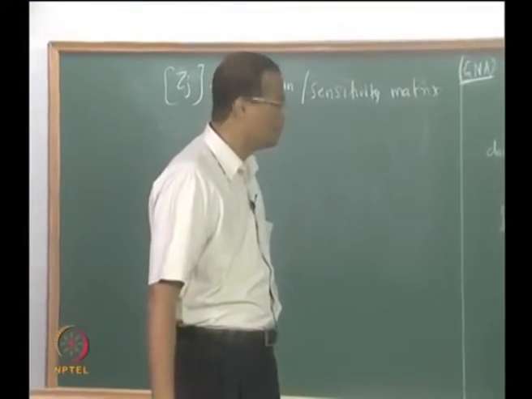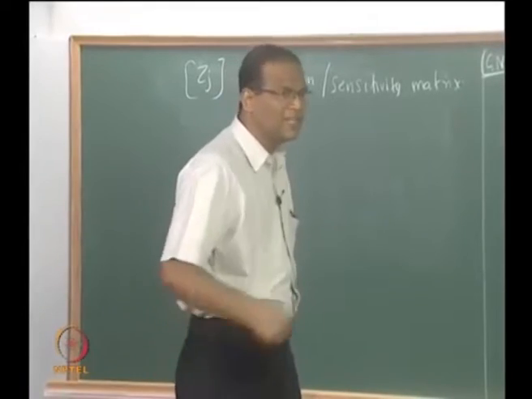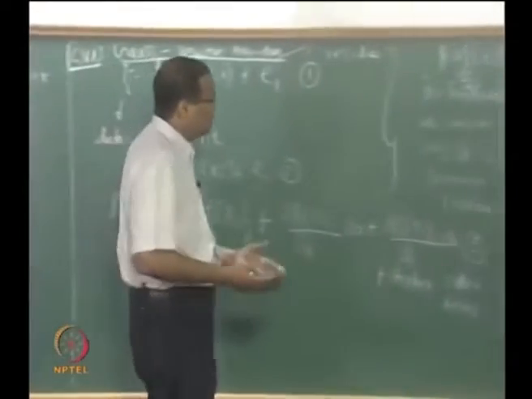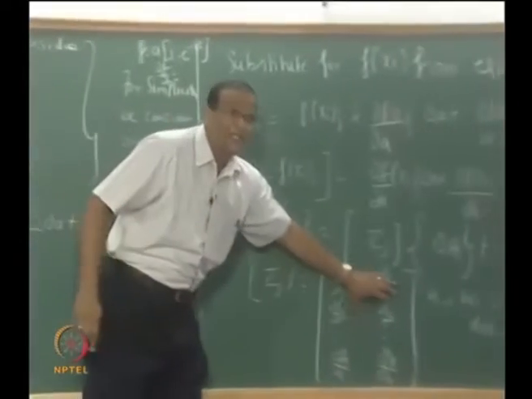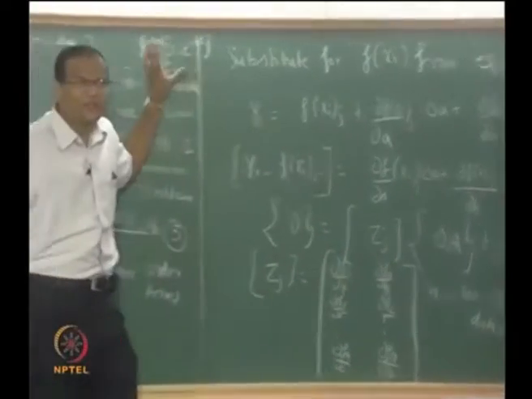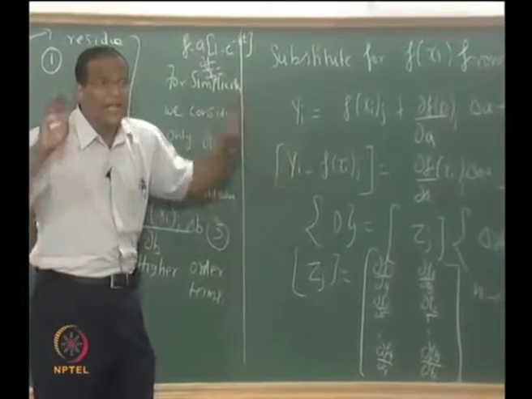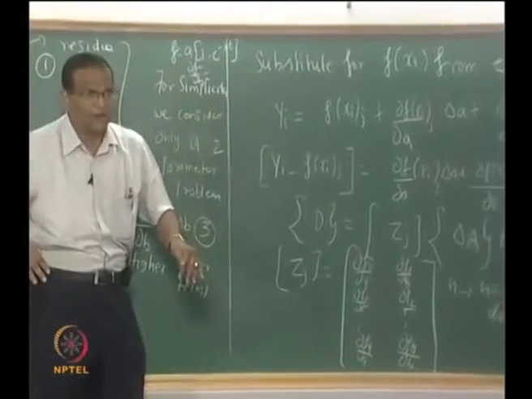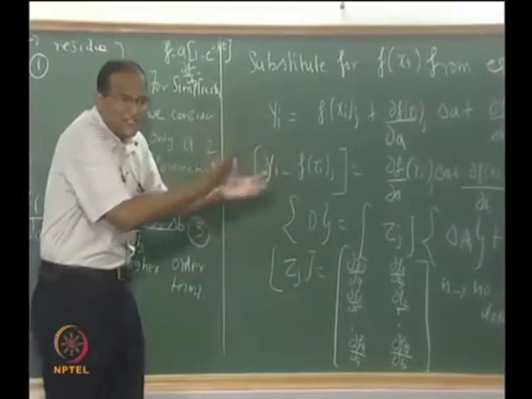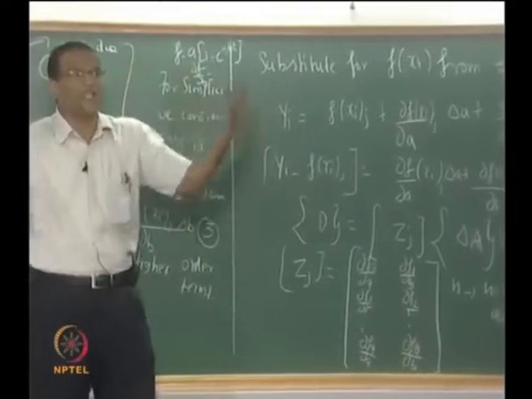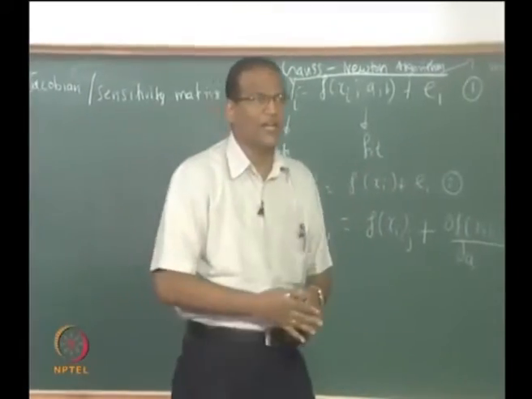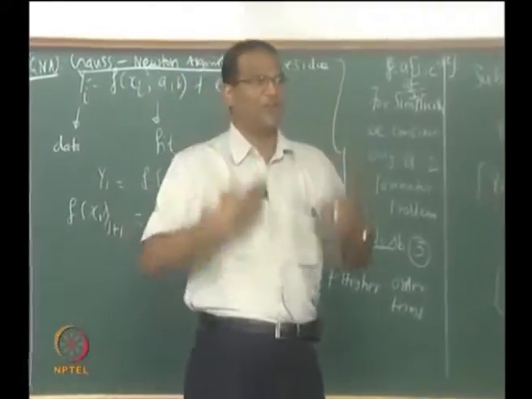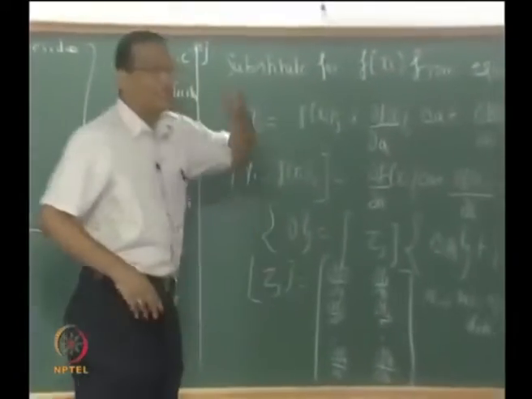Iteration for A and B. It is iteration. The beauty is you cannot evaluate the Jacobian matrix unless you have the values of a and b. A and b are the things which we want to find. You cannot go to the next step unless you assume a and b. This was not the case for the linear least square. That is called the non-linearity. So you have to assume a value of a and b, work out all this and get the new values of a and b.